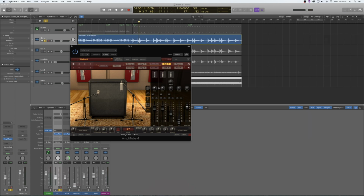I'm going to go to the mixer real quick because you can actually blend two mics together. And what I'm going to do is turn off the room mic. We don't need a room mic for this, and I'm just going to solo the U87 and see what that sounds like. It's not terrible, but in real world situations, one of the most popular setups that you can do is actually